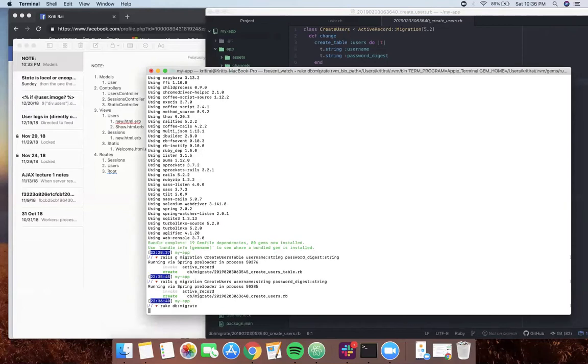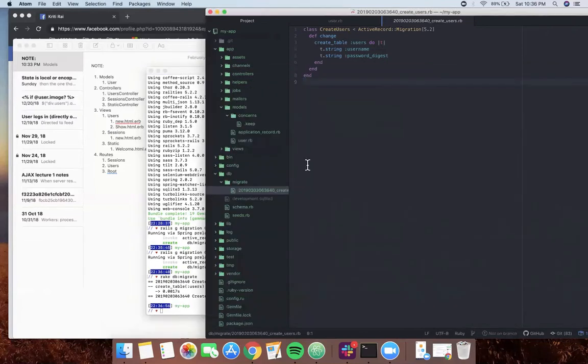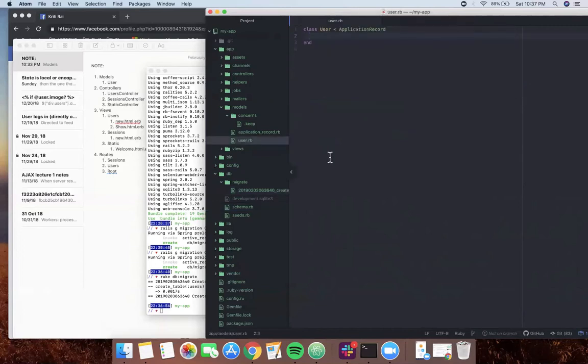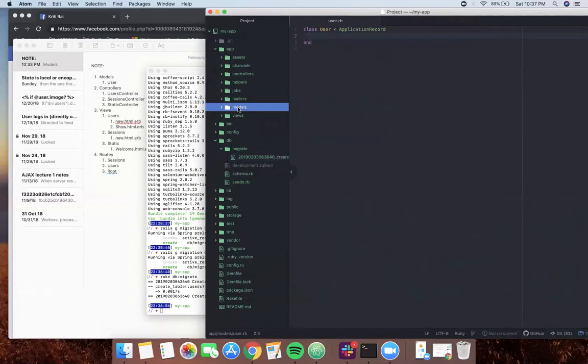There you go. Cool, and we're just going to verify that in our schema. Cool, so it created this table for us, right? All right. Now, so we've created our model and our table. Let's head back to, what do we want? Let's just work with